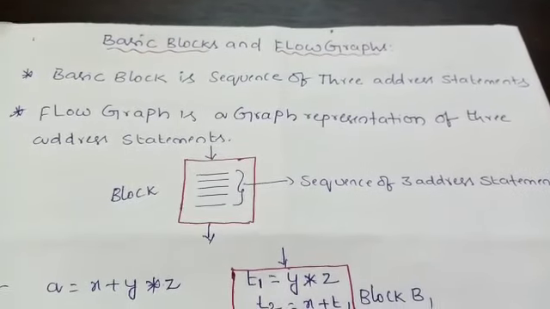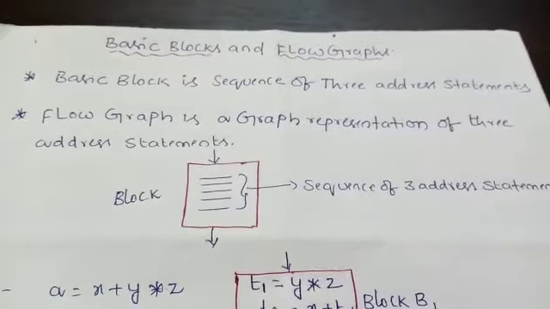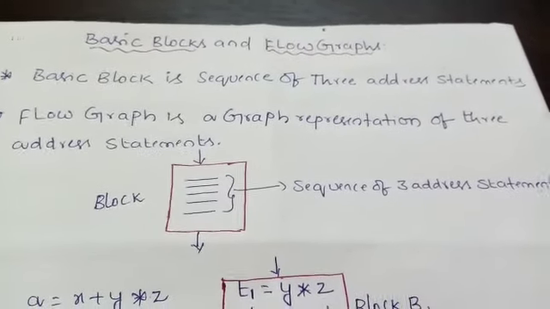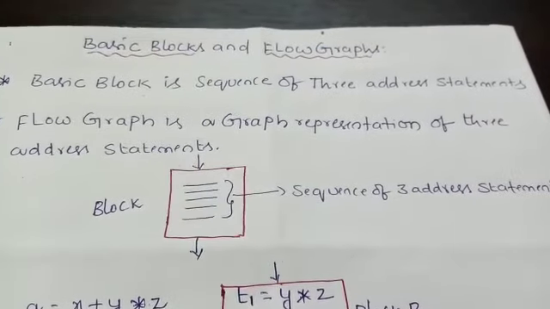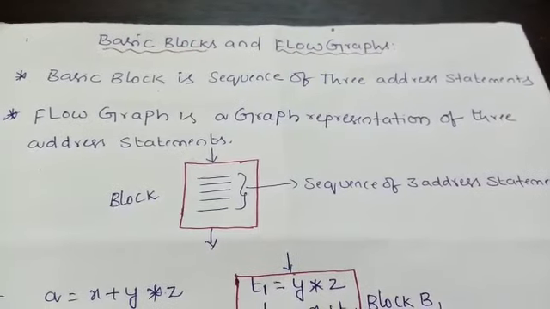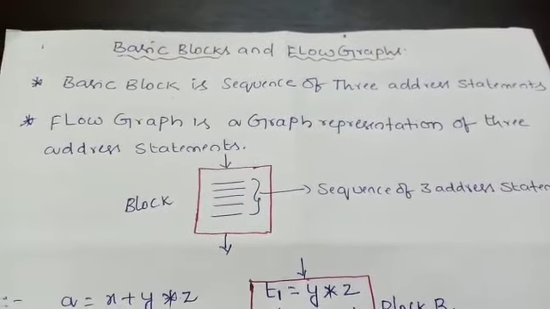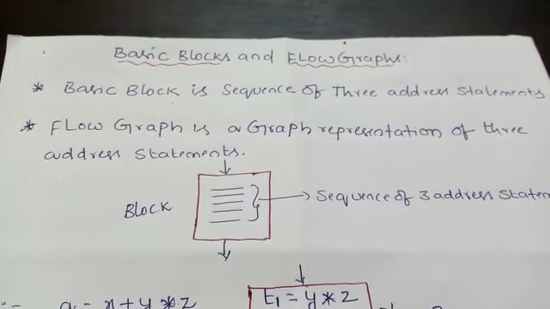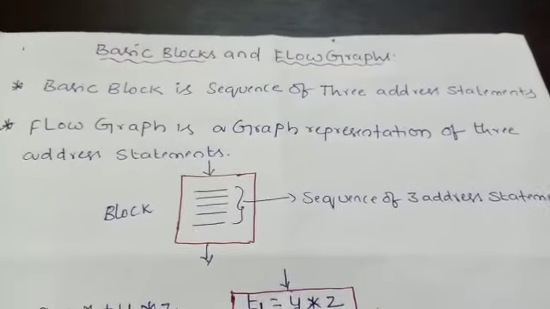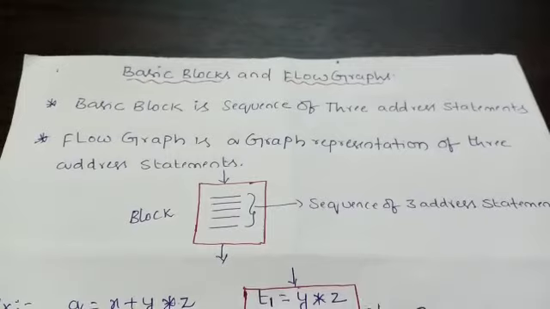Now, today's class, we are going to discuss basic blocks and flow graphs. Last class, we discussed the target language: the various addressing modes, the various instruction operations, and how to calculate the instruction cost. Now in this class: what is a basic block, how to construct a basic block, and how to draw a flow graph. All those things we are going to discuss now.